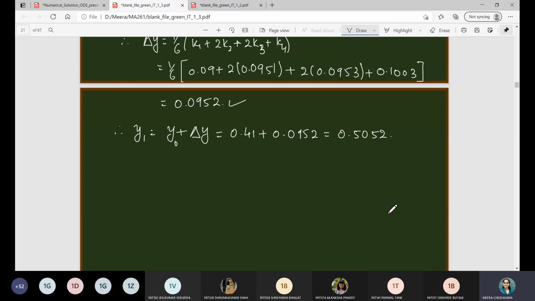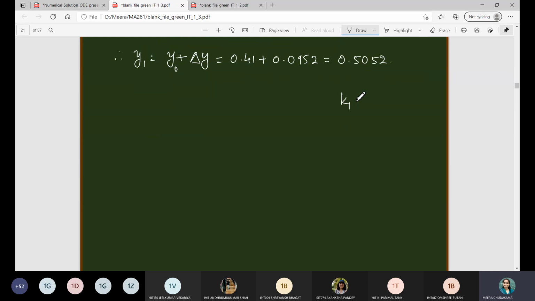Can I give you the second iteration in the homework? I will give you the answer, but let me know so that I can go to the next example in which we are asked to find out the absolute error also. So that is something different in the example. So can I give you the second iteration as homework? Yes, ma'am. Okay, so you can write down the answers for that.